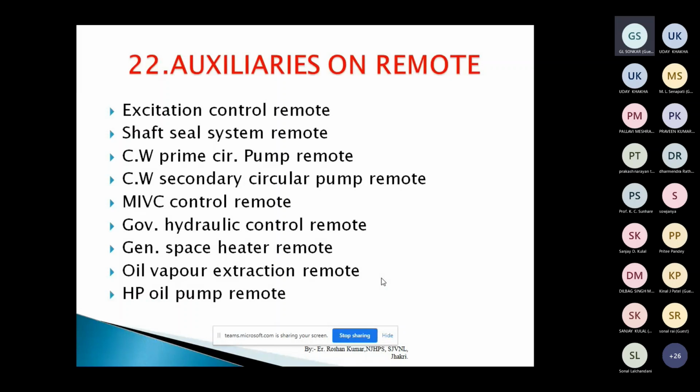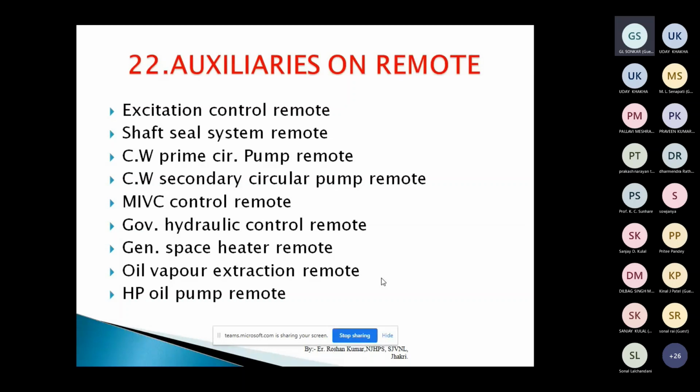The HP oil pump I told you about earlier. When you start the machine, it is resting on the thrust bearing or thrust pads. You should not give the command for rotation, as it will rub the surface of the thrust pad. So we have to create an oil film on the thrust pad. That film is created through oil, through some pipe and jet. That jet is connected to your HP oil pump. You have to switch on the HP oil pump. Oil will go inside. There is a hole on the surface of the thrust pad, and it will make a film. Then you start the machine.